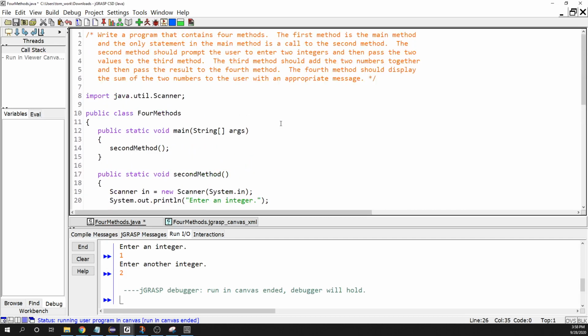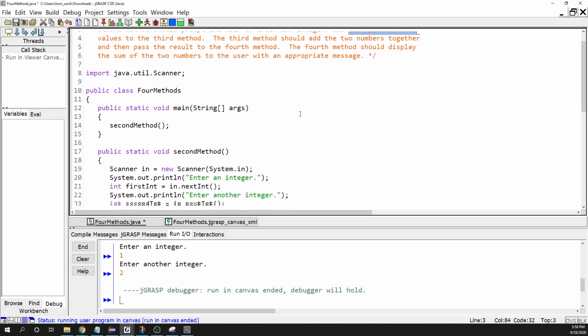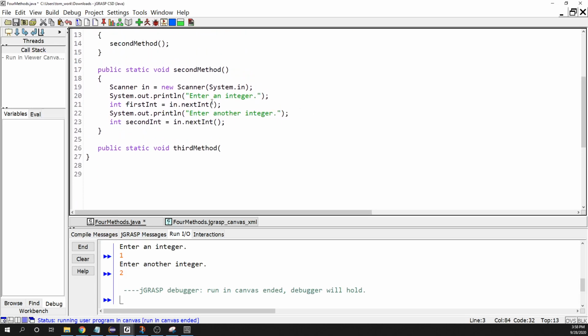And here it specifically says pass the two values to the third method, right? So these two values that the user entered in this second method, I want to send them down here into the third method. So down here in the third method, I need to have some parameters, because that